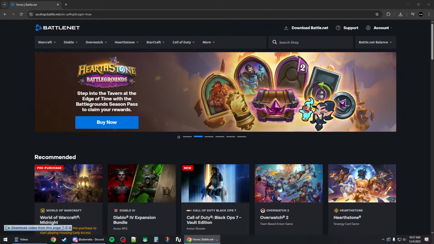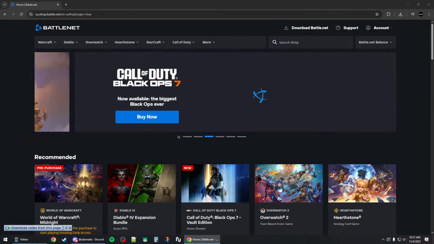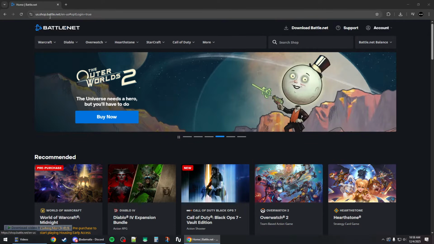How to change Battle.net region or country. So the first thing you'll need to do is head to the Battle.net website and then click on the support button